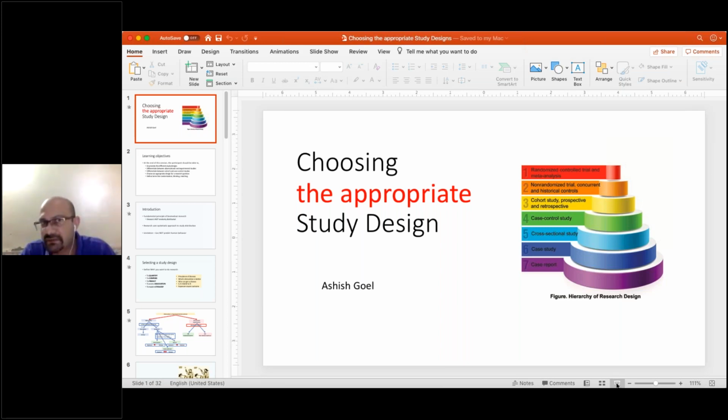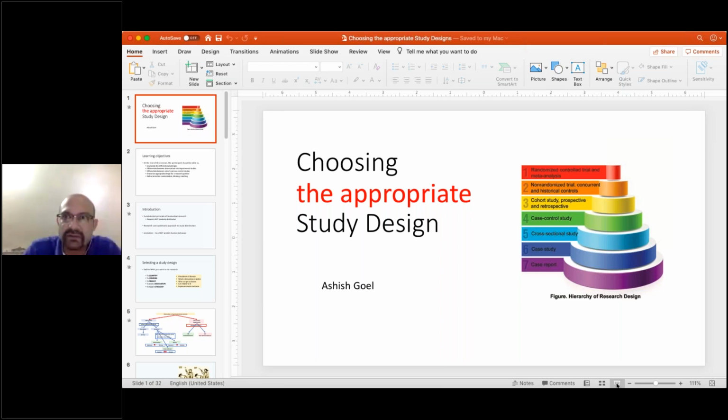Why do we need to select a study design? Well, you need to define why you want to do your research, and that will help you understand what kind of a design it is. You might want to quantify something, such as the prevalence of disease, or you might want to compare two things, such as which intervention is better, A or B. You might want to predict something, किसको COVID होगा या किसकी COVID से death होगी या whatever X and Y. You might be wanting to predict something.